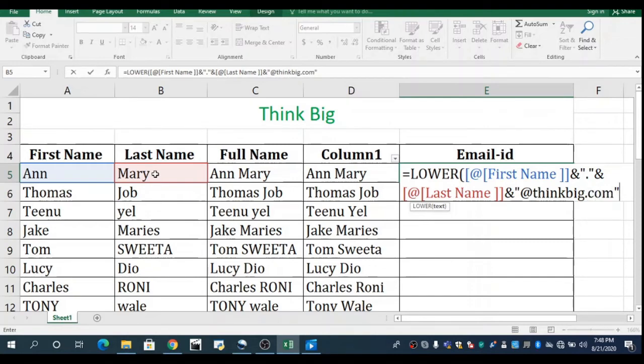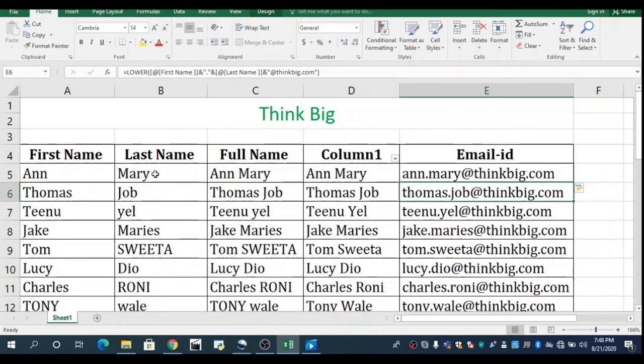Close the double quotes, close the bracket, press the enter key. You can see the official email ID of all the names. Again, if this reference is not working on your computer, use the fill handle. Double tap on the fill handle here, then you can get all the names in lowercase and concatenated.